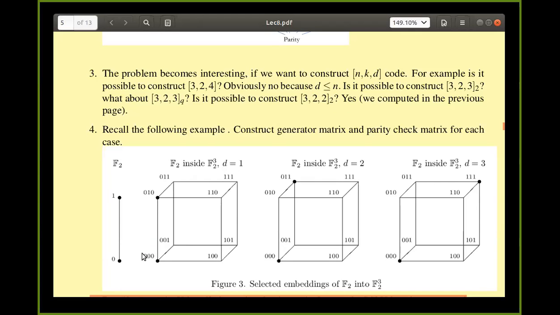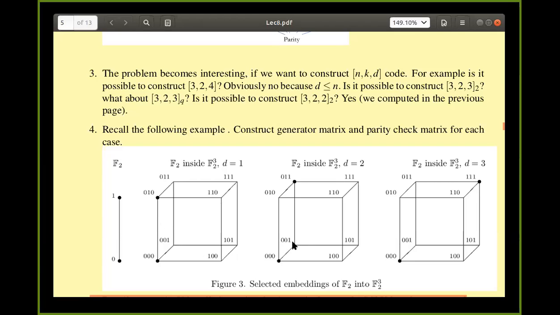But there is not much change. Again, the distance is 1 only. Here also the distance is 1. There may be some advantage because of other codewords, but usually I send 0, 0, 0. I'm not sure which one to connect it to, whether 0, 0, 0 or 0, 1, 0. It is very difficult. One error happened. Here it is very tough.